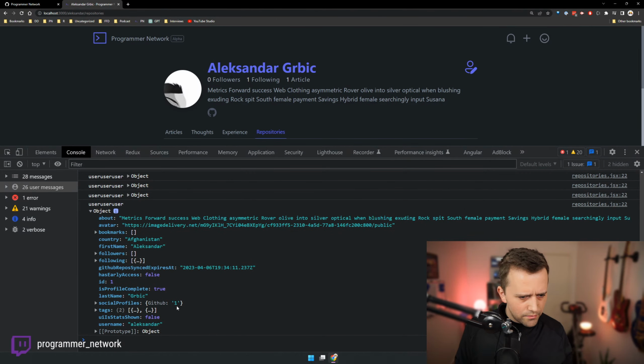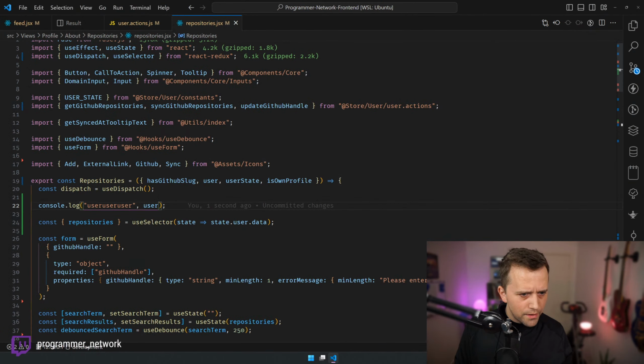Okay, so we have the user. GitHub repos expires at, has early access. What are we missing? Has early access, GitHub processing that.